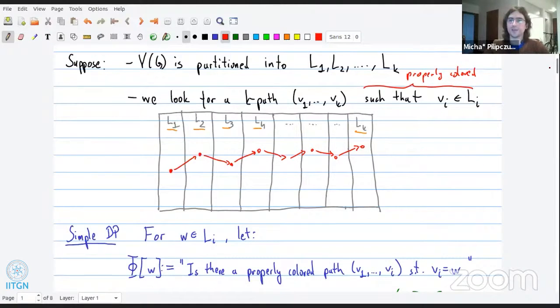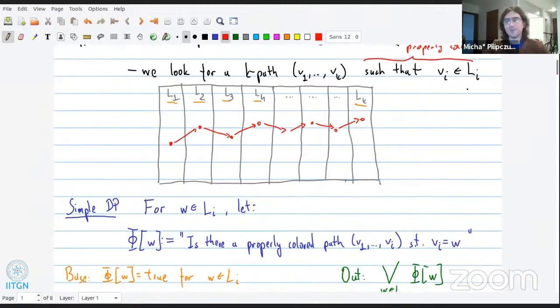Yeah, first, the vertex is of color i. And if you look at this variant of the problem, it is actually much simpler than the original variant of the problem. For the following reason: we can solve it in polynomial time using a very simple dynamic programming algorithm. Namely, at every point, we will look through consecutive layers, and when looking at layer i, we will